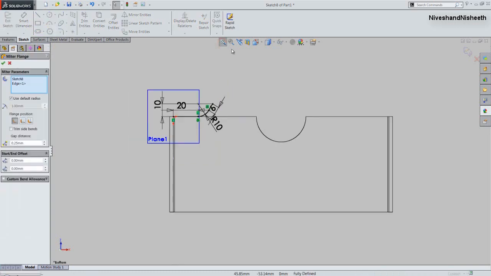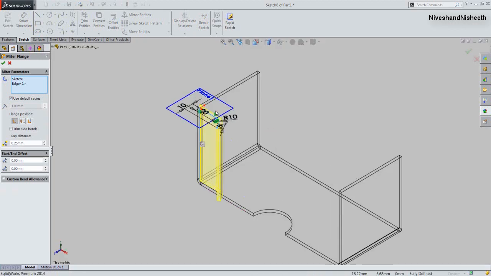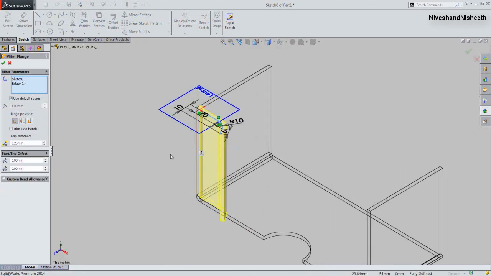Okay, finish the sketch. Choose an isometric view. And now we will choose the propagate button to select all the tangent edges of the model. Now you can see my miter flange feature preview is visible in the design window.